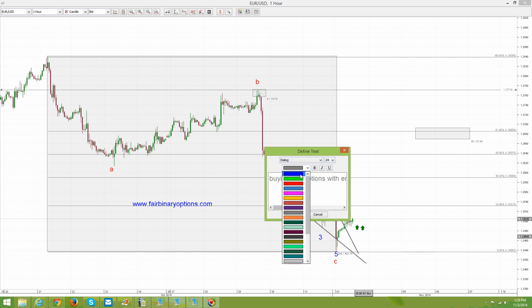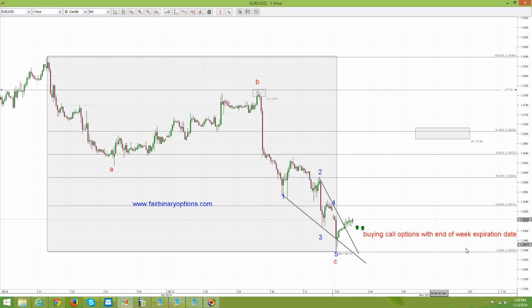The technical part would be a falling wedge, and everybody knows that a falling wedge is rising, of course, so we want to buy call options. And from a fundamental point of view, the ECB on Thursday, I would say that they are not going to announce anything new, as simply easing in Europe is not that easy to implement, because one cannot buy government bonds, because there is not only one government in Europe, but plenty of them.